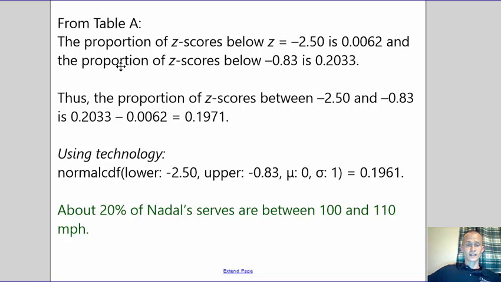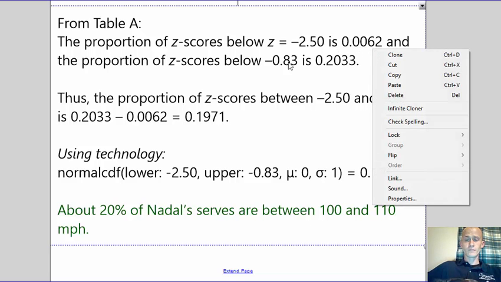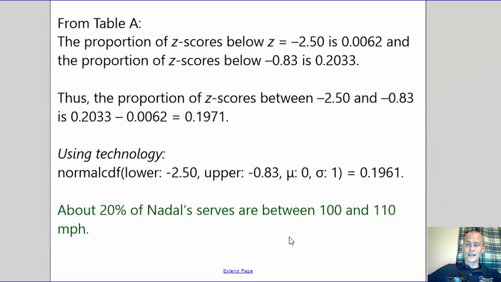So here's what that looks like. We have the proportion of z-scores below negative 2.5. Looking at our table, we get 0.0062. And looking at the ones below negative 0.83, we get 0.2033. So we can use those two values and then figure out what is the difference between them. So we take the larger boundary, that upper boundary, minus the lower boundary, and we get